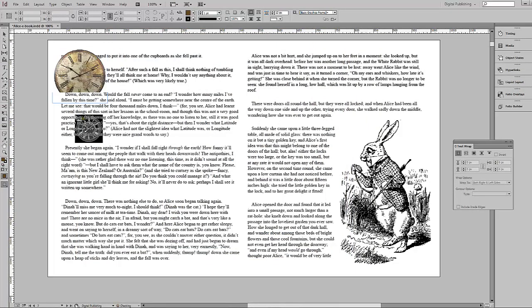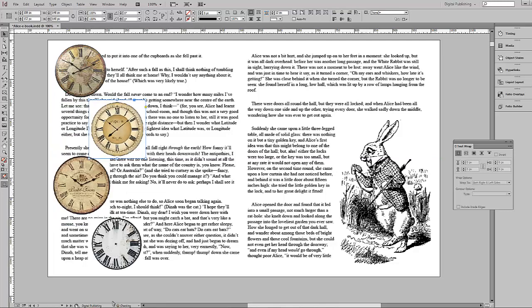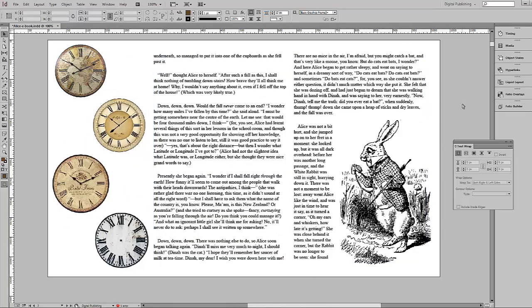And I'm just going to place them all on my page. Something like that. And I'm going to reduce the size of my frame. Make sure that everything fits on my page. Something like that. Now I want to create an animation for every single clock, and I want them to rotate